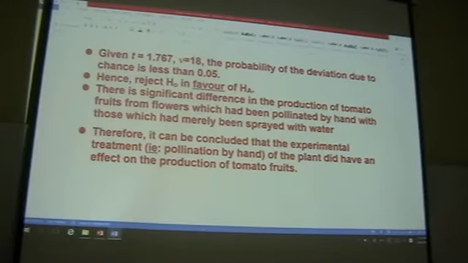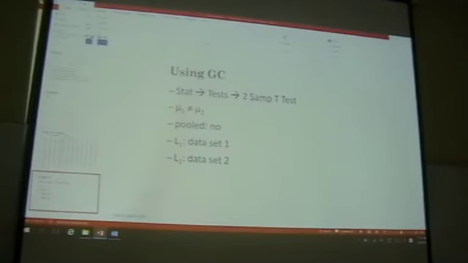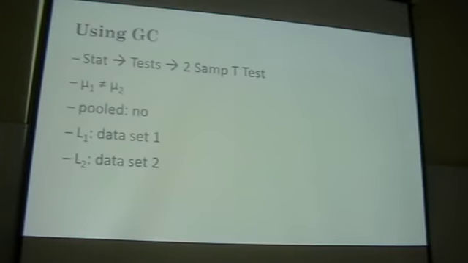Last bit already. Let's push on. We're almost done. Just one last slide and you're done. Wait, listen. How do you use GC for your t-test? You're doing a 2-sample t. So can you please look at the data from the tomato plant? I want you to try it out and make sure you get your t equals to 1.71 something. Everyone, if you brought a calculator, please press. You need to get used to it. 2-sample t, mu1 not equals to mu2, don't pool your data.